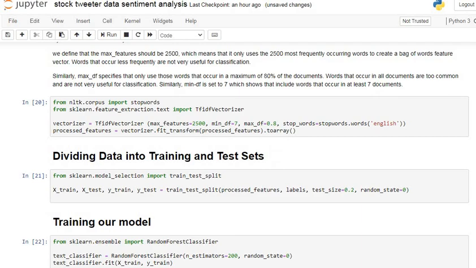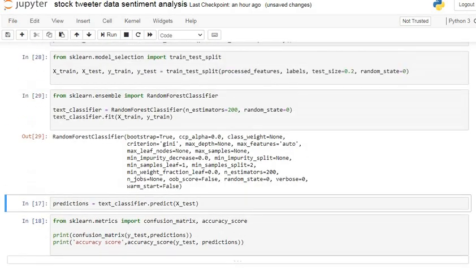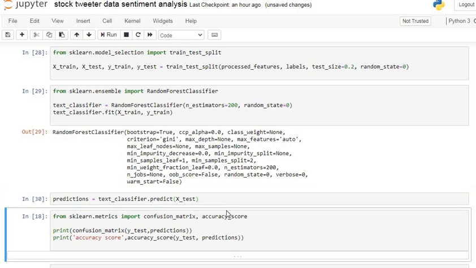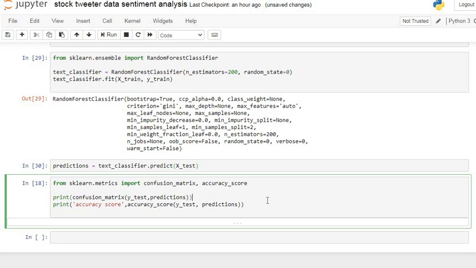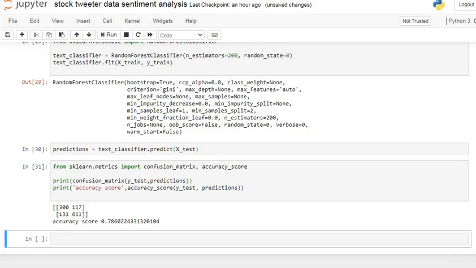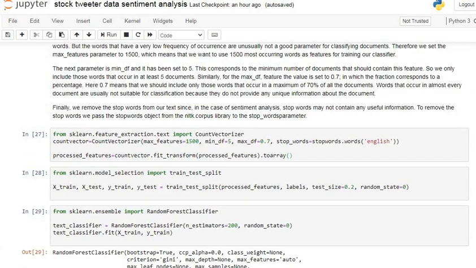Now we go for prediction by using our model. We check the accuracy of our model by using confusion matrix and accuracy score. Here we can see our accuracy is the same as above, 78%. This is the required confusion matrix and accuracy score obtained by using the random forest classifier.